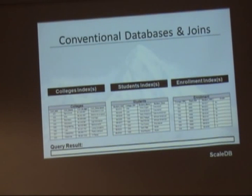I have a query here that retrieves the enrollment information, student information, and college information from a particular database. With B-tree, if I want to see all the information relating to a particular enrollment, I need to query the colleges separately, the students separately, and the enrollment row separately. Actually, it would be done the other way around. I would start with the enrollment, pull it up, then bring the student information, and then bring the college information. But every process would be atomic, and then I would have to join the results for the application,